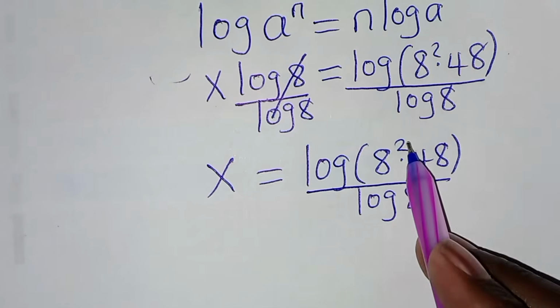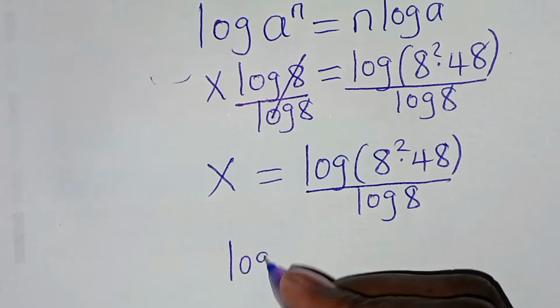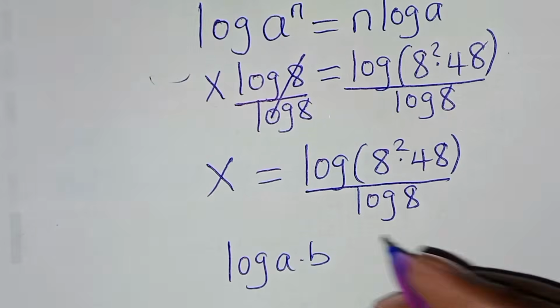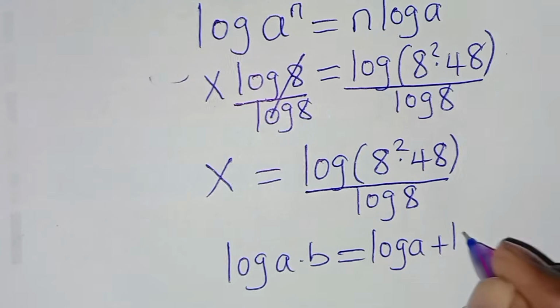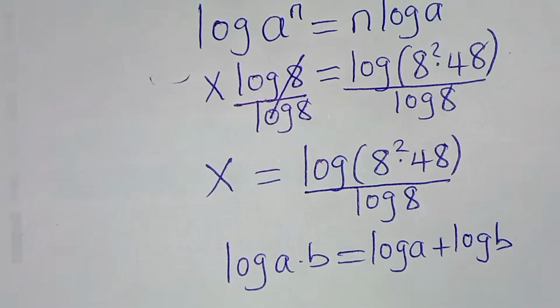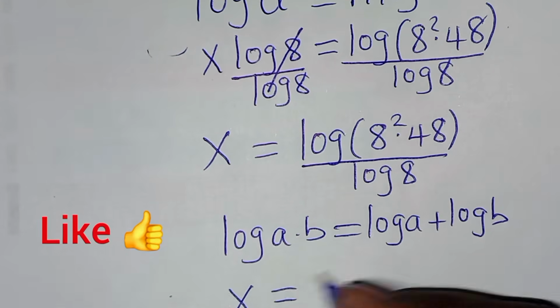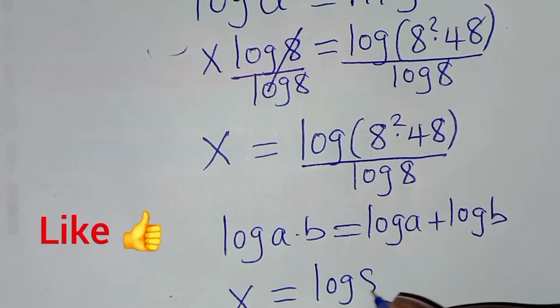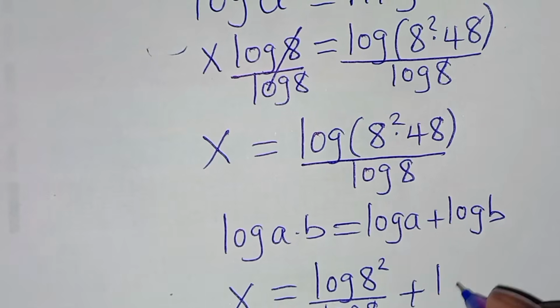Now, log 8 to the power 2 times 48 is in the form of log a times b, which we can express as log a plus log b. Applying this property, here we have x equal to log 8 to the power 2 divided by log 8 plus log 48